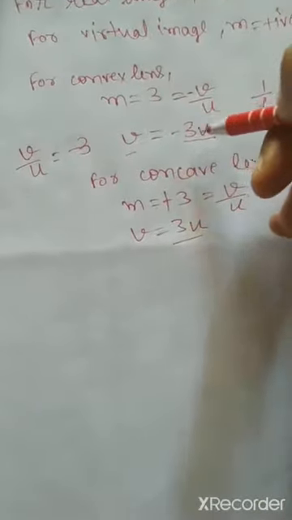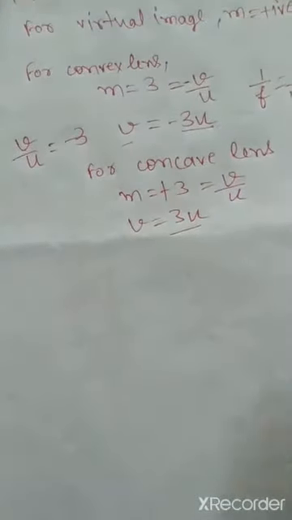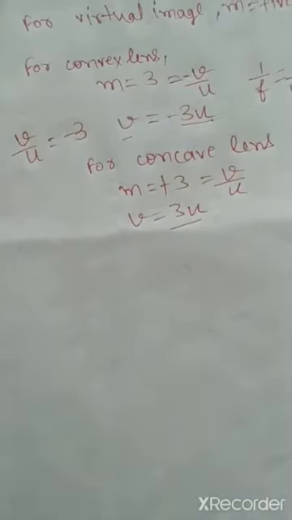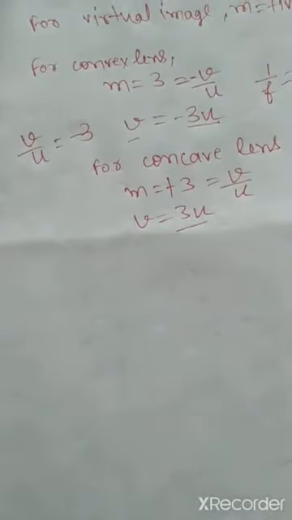Now if in the question the magnification is not given directly, it will be given like the object is 3 times magnified. So 3 times magnified means v will become equal to 3u. So directly if the magnification is given, then also you have to use it like this. If it is given 3 times, 4 times, then m will become equal to 3, or directly you can write v is equal to 3u if it is 3 times, or if it is 4 times then v will become 4u.